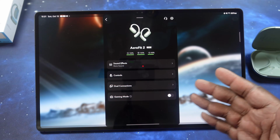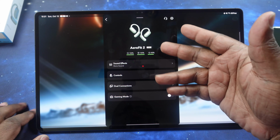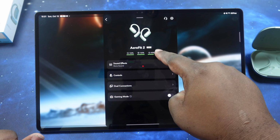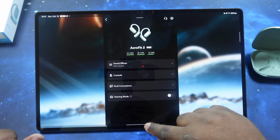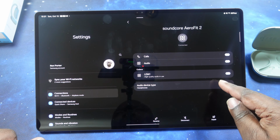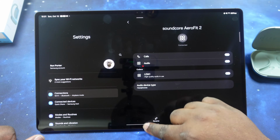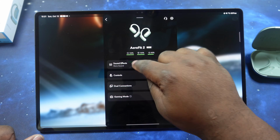Nicely done. All right, we're back in for the sound test. We're going to use the Tab S8 Ultra here. We do have the AeroFit 2s on. We have LDAC turned on here. Let me go ahead and show you guys real quick. It is also turned on here in the tablet. So let's go ahead and quickly, I went to the wrong one. Let's quickly show you my